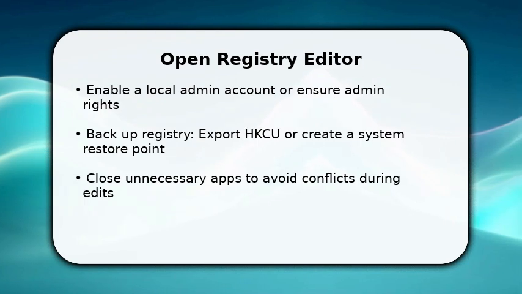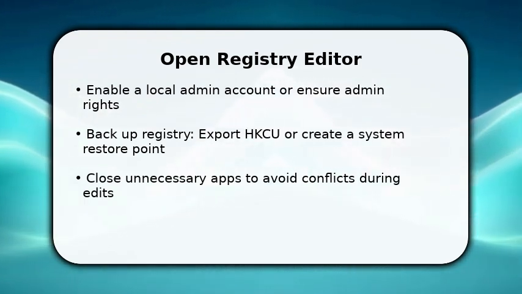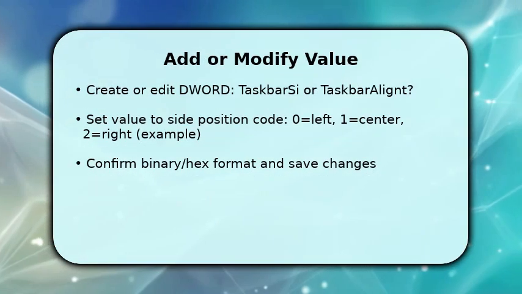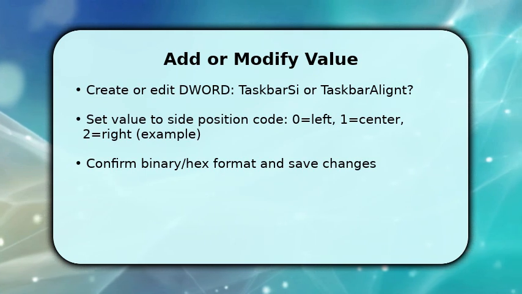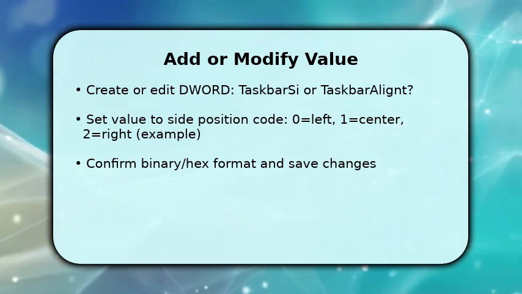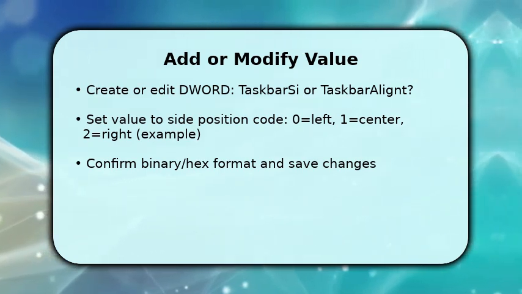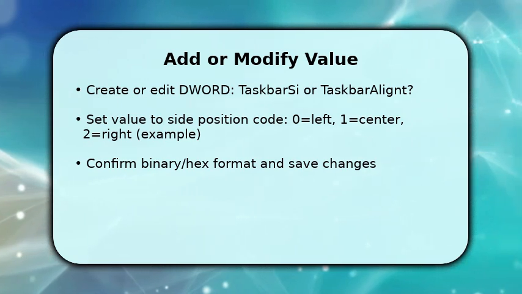You do this because Windows 11 removed a built-in GUI for side taskbars. The registry key is the control. Now you add or change the value that controls taskbar placement. Right-click Advanced, choose New DWORD 32-bit value, name it TaskbarAl or TaskbarC depending on your build, and double-click